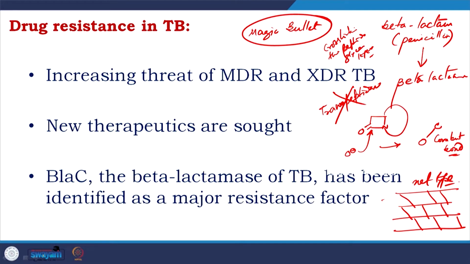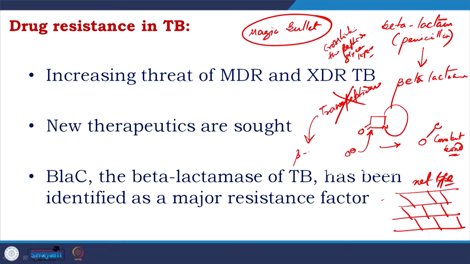The enzyme which takes part in the cross linking is transpeptidase. So, beta lactam, that is penicillin, by inactivating the enzyme transpeptidase makes the bacteria unable to develop the cross linking of the outer cell layer. As a result, the bacterial outer layer becomes